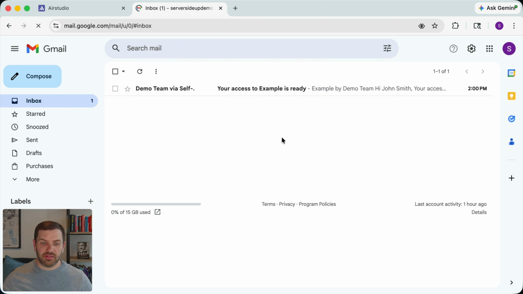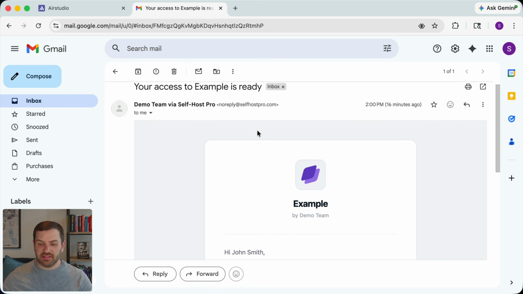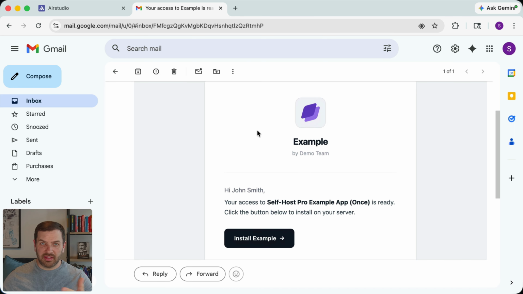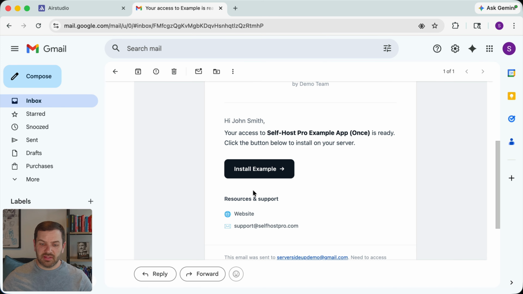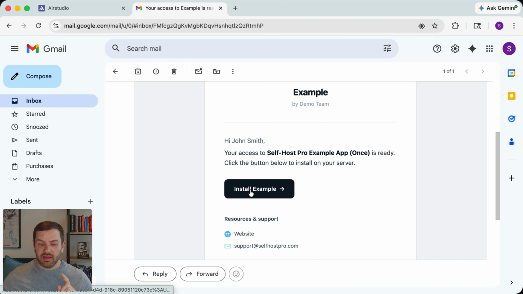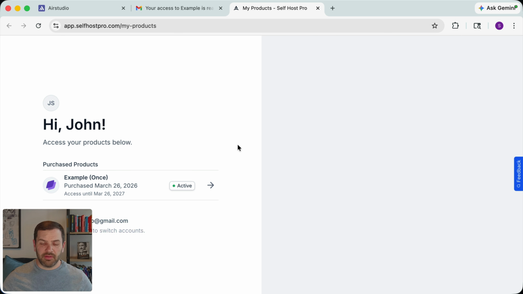So if we switch over to our email, you can see that I just received an email that says my access to my example app is now ready. Now the cool thing with this is it also gives the links that we configured before, all down in here, in case they need to reach out for support. But they also do not need to create a user account at all. So if I hit install example, it's going to bring me to a common page